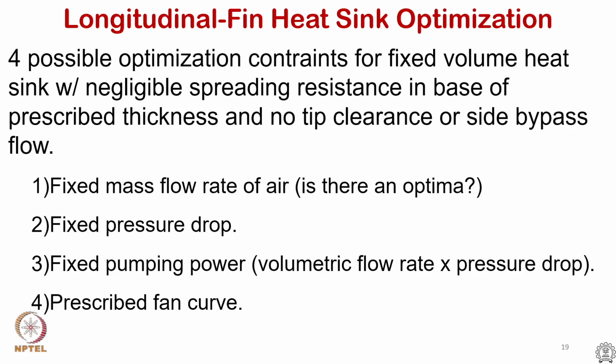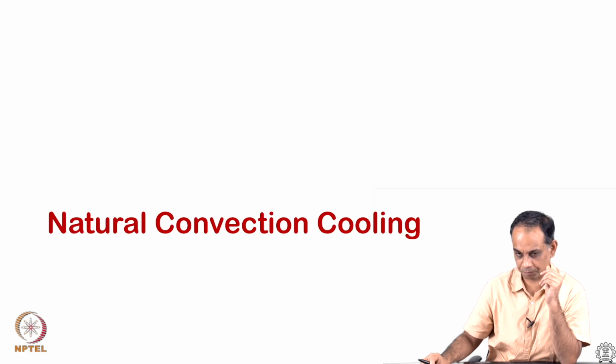If I had a fixed mass flow rate as a constraint, will there be an optima? If I have a fixed pressure drop, will there be an optima? Optima means maximization of heat dissipation, or if there is a fixed pumping power, a prescribed fan curve. All these different scenarios, as we discuss in heat transfer enhancement, you can use the same principle to understand the optimization approaches, but we are going to look at some discussion on natural convection